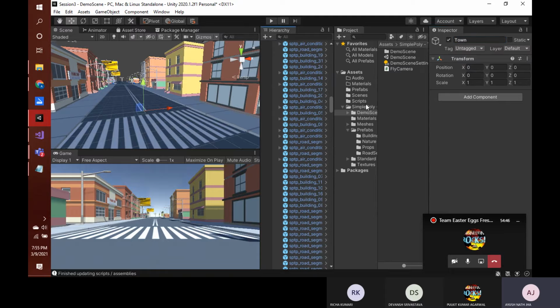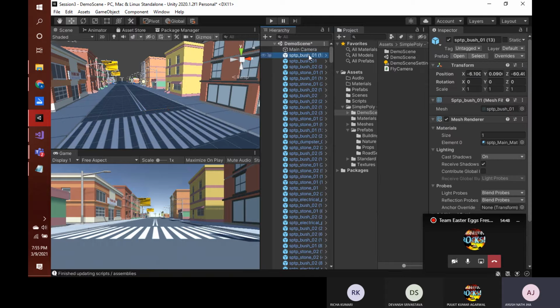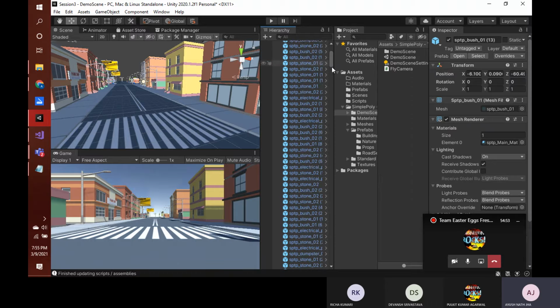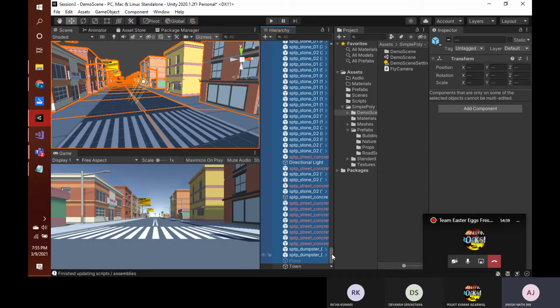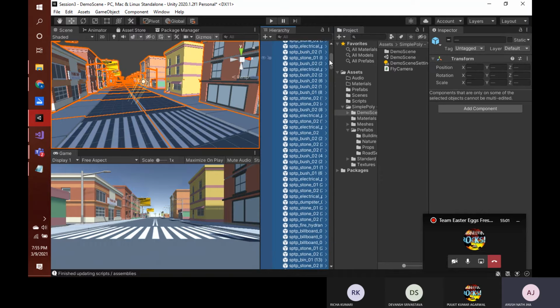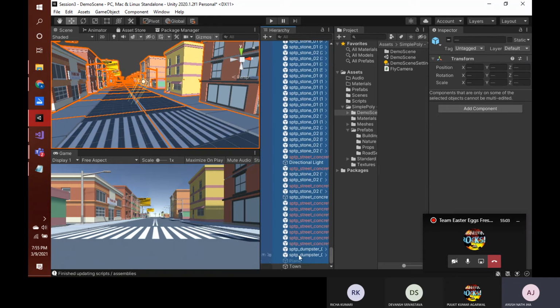And then we need to go to the top, click on the first element in this demo scene list, move all the way down, and then hold shift and click on plane. Now you will see that everything that is present in this scene will be automatically selected.